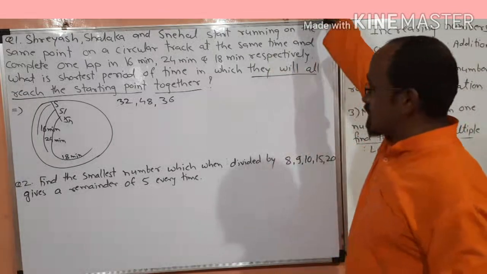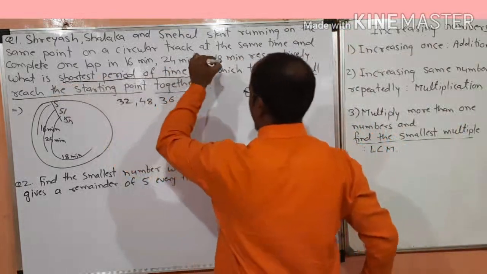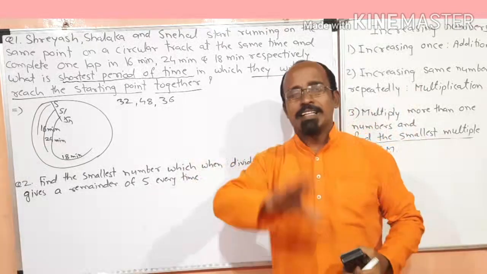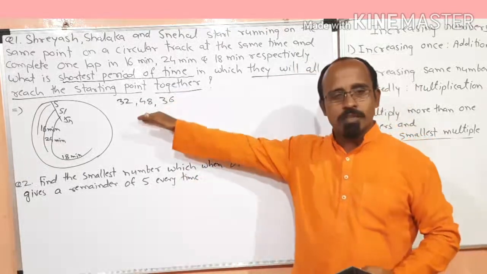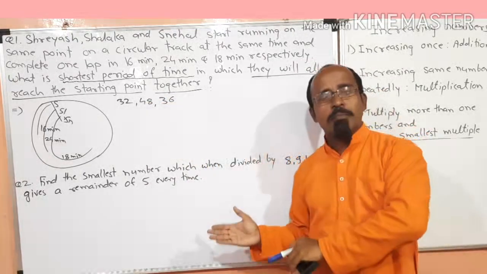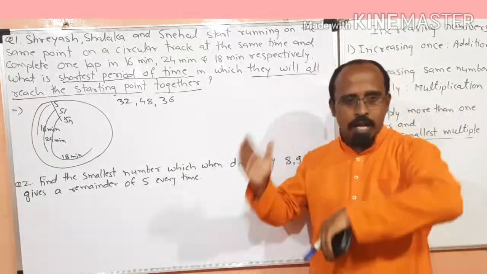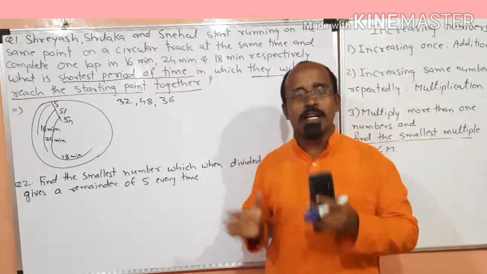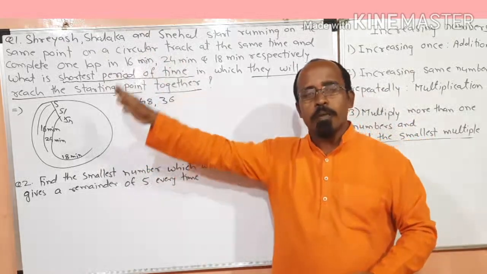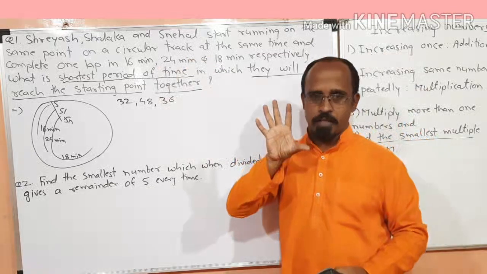In this example also it is said, what is the shortest period of time? Why shortest period of time? First of all, because it is given in the example. Second, if they meet, then it's their wish. They can continue running afterward. So they can meet once again after a multiple of the time. Again and again, if they continue with their running, they can meet so many times. They will meet so many times, but among those time intervals, we have to find out the shortest time period.